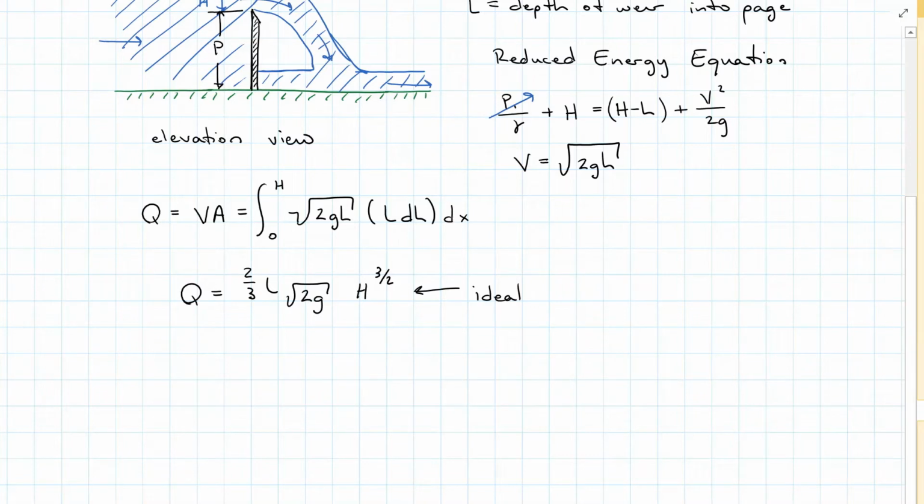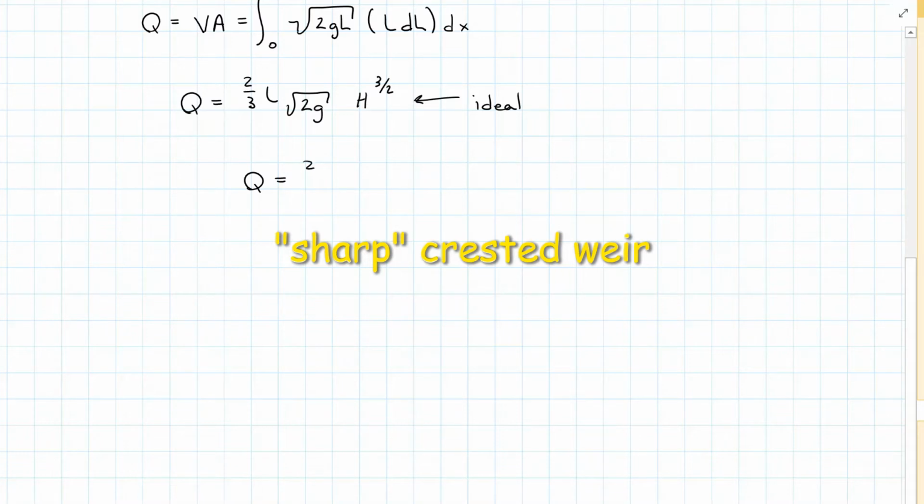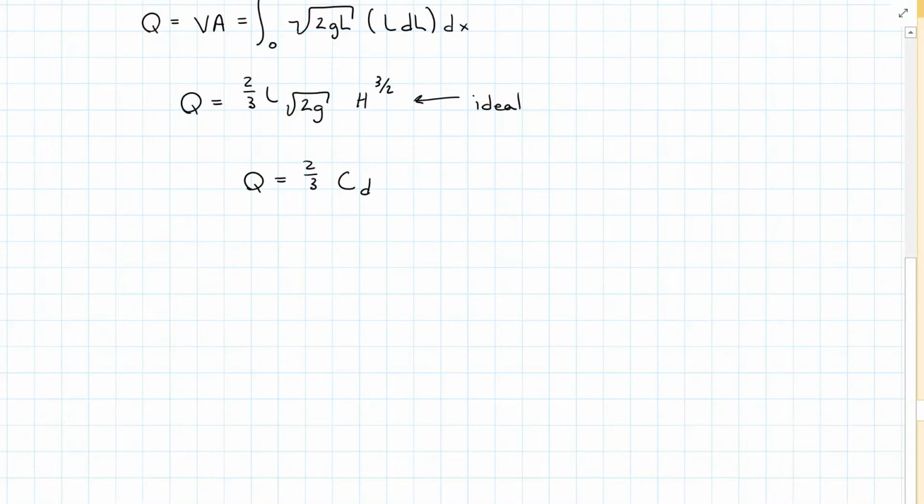Now, of course, our weirs do not work in ideal situations. We've got actual flow with viscous effects, and we need to add a discharge coefficient. So our actual weir equation for a broad crested weir is Q is equal to 2/3 our discharge coefficient C subscript D times the square root of 2g times length into the page, so the width of the weir, times the height of the water above the weir